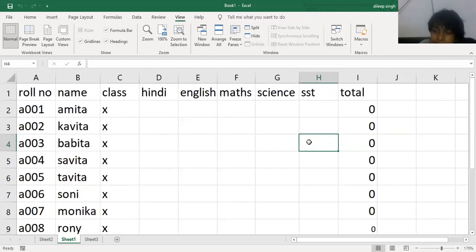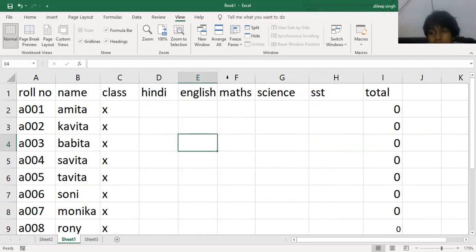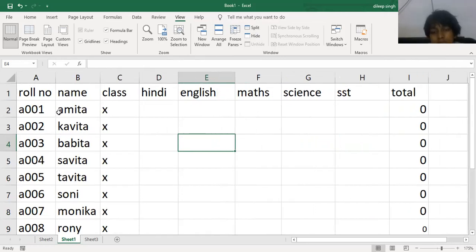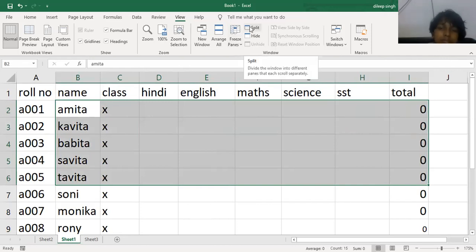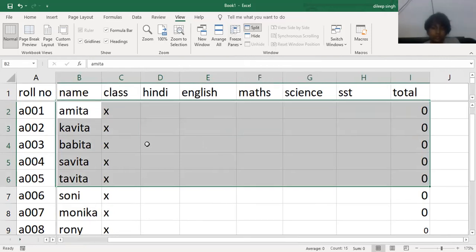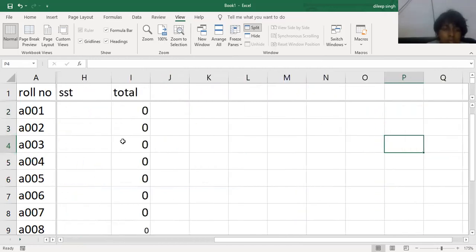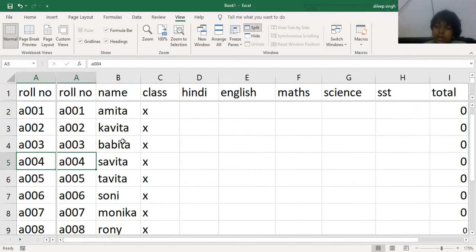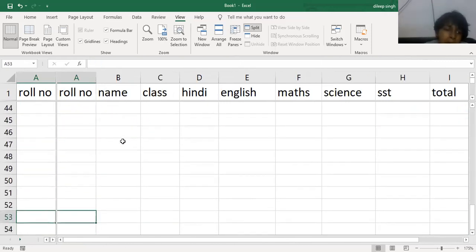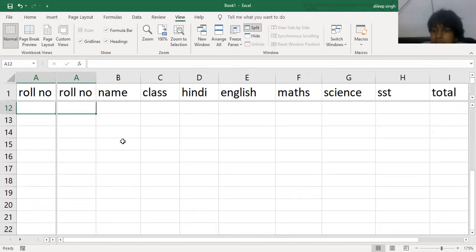And here we have another option, that is split. Why do we use the split option? If we want to split this window, split this particular section, just click here and click on split. You will split the window. If we scroll here, the first column will be fixed, and similarly, if we move down, the first row will be fixed. Understood? So by this option, we can easily